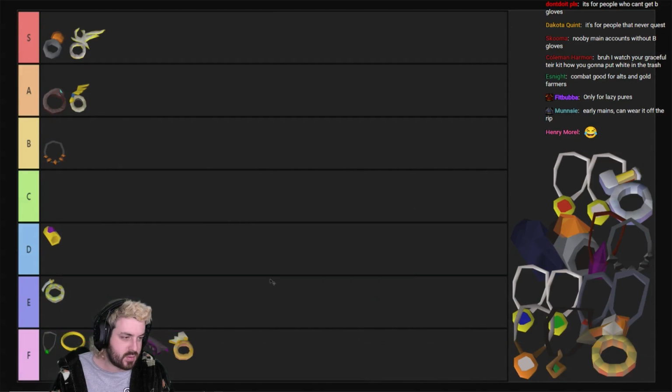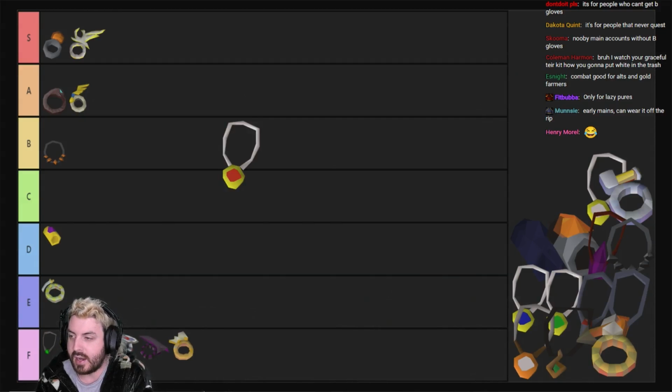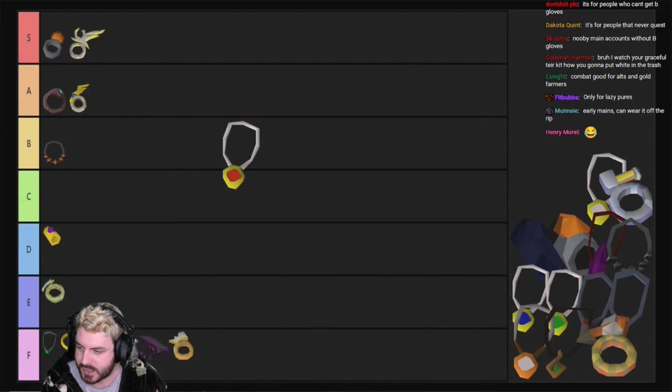This ring. God damn. Amulet of Strength. One of the highest strength bonus neck pieces in the game. I don't know the facts. I need to get these facts because I get criticized a lot in my comments. So, actually, you got this wrong. Amulet of Strength, I believe, has the same strength bonus